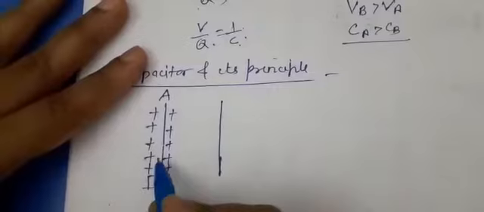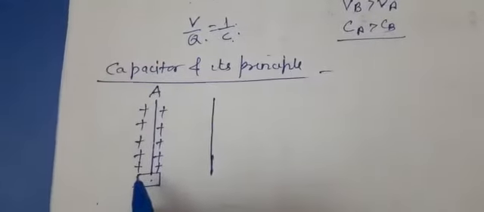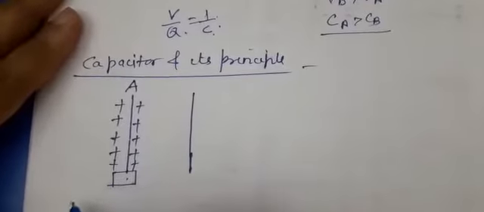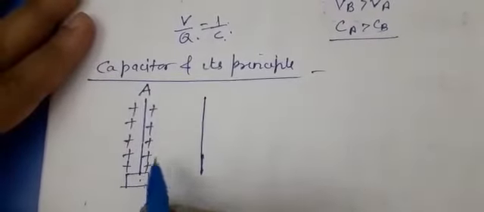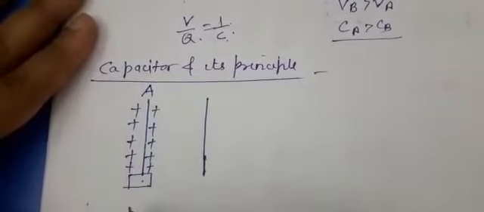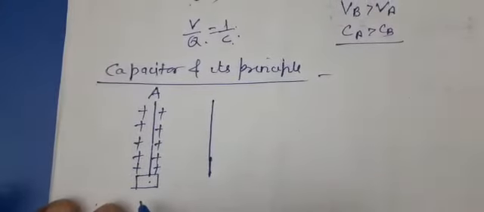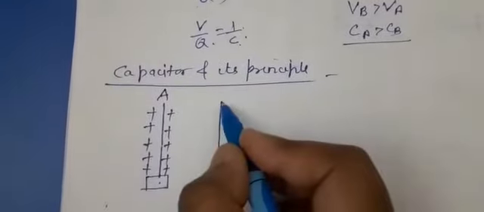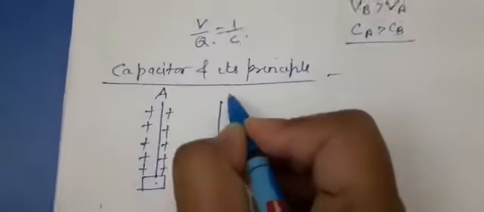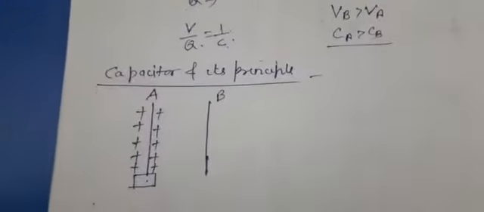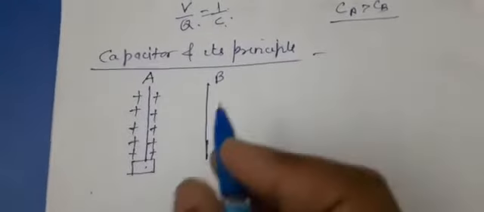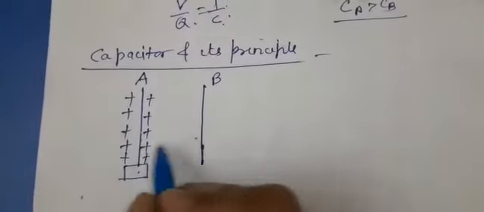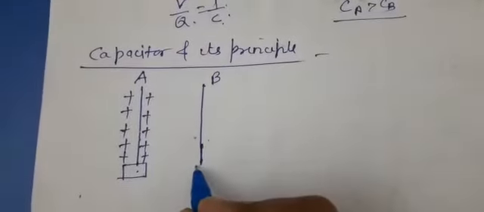Now the charge is given to it by some other source so that its potential becomes maximum, so that after that no further extra charge can be given to it, otherwise the charge will leak through it. So up to the maximum value, charge is given to it. Let another insulated metal plate B be